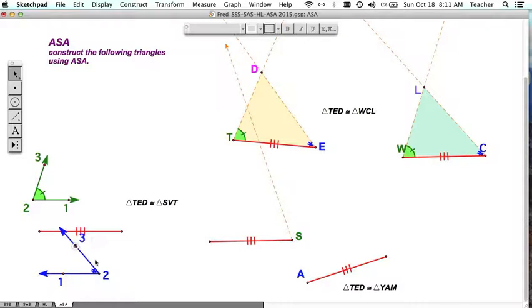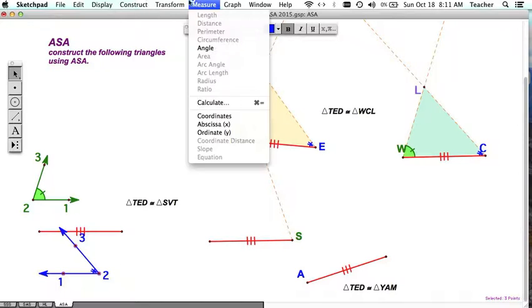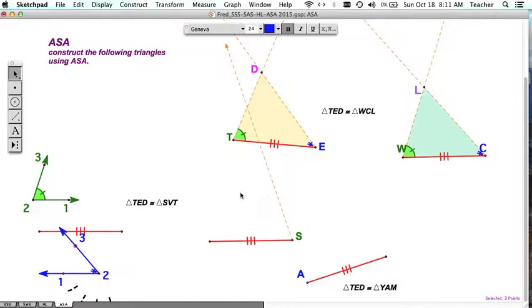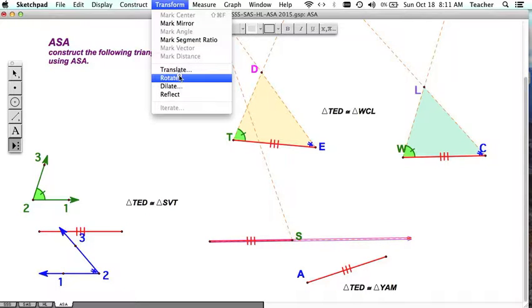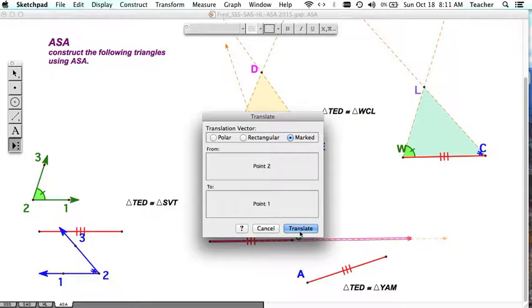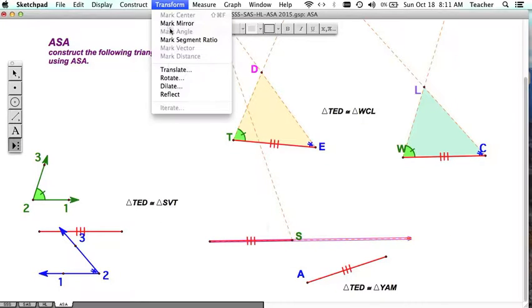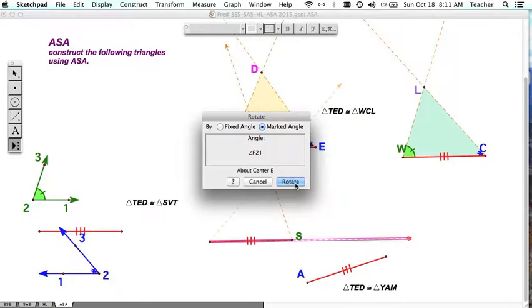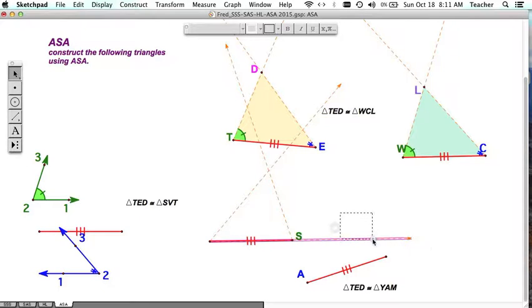So now let's do 3, 2, 1 this way. 3, 2, 1. Mark angle from here, and let's put in our ray, and we're going to rotate it. What? Translate, transform, wrong thing. Rotate by marked angle. Mo better. Okay, so I'm going to hide that. And again, yeah, it looks like it's, see,